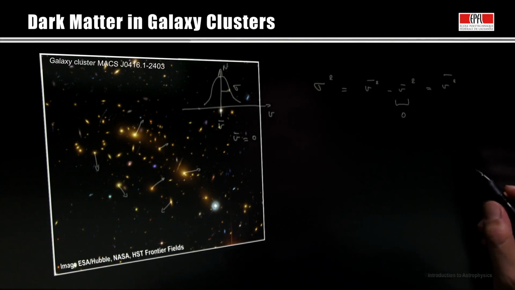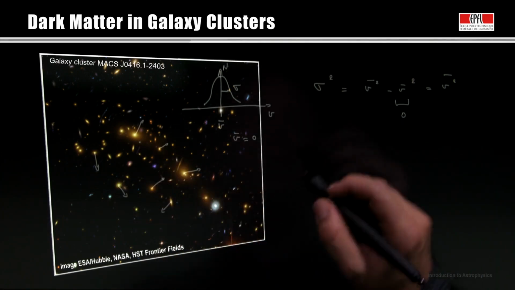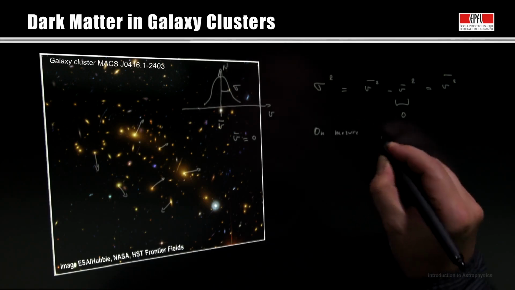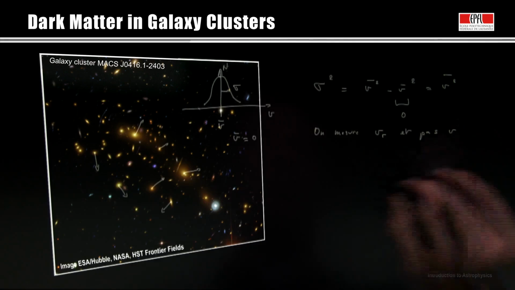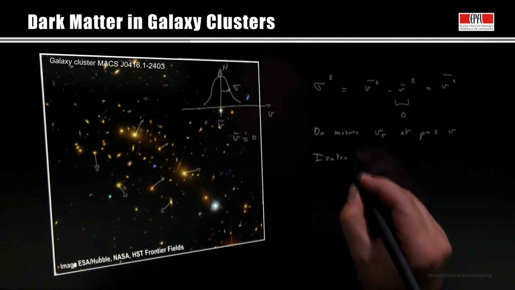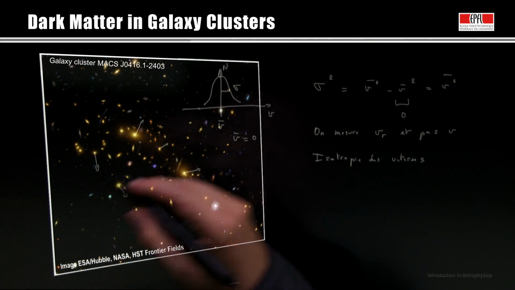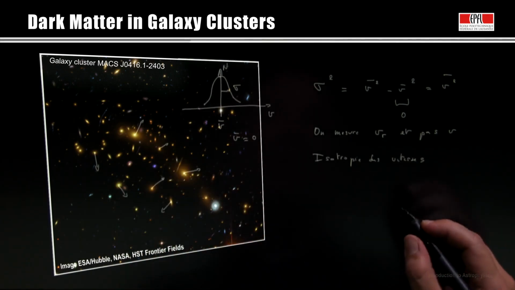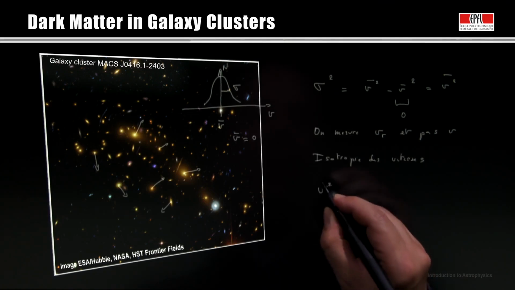One has to pay attention when considering the spectra of all the galaxies. What is actually measured is the radial velocity of galaxies, and not the total velocity v. Of course, if we assume that velocities are isotropic, all the galaxies go, on average, in all directions, through the clusters of galaxies. This implies that v squared mean equals v radial squared mean plus v